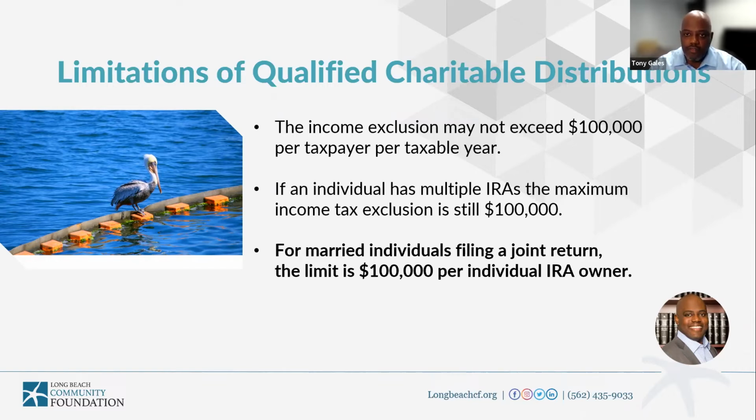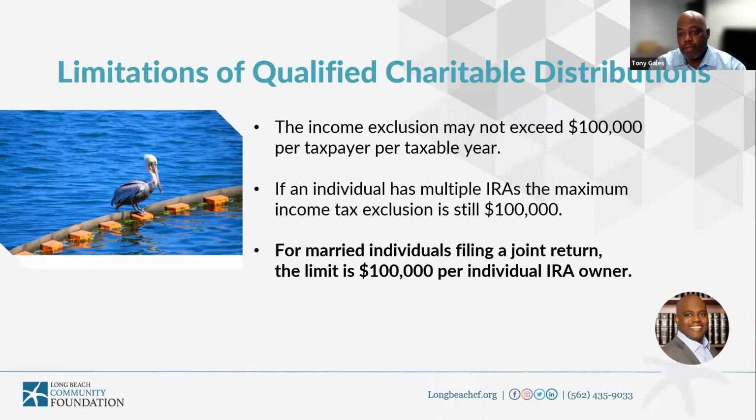And that is specific to an individual taxpayer. So if I were filing with my wife and she did the same thing, and let's say we both had RMDs of $125,000, we would each be limited to $100,000 as a qualified charitable distribution. And to be a little bit more specific, if I had an RMD of $125,000, but my wife had an RMD of, let's say, $75,000, with both of us having total RMDs of $200,000,